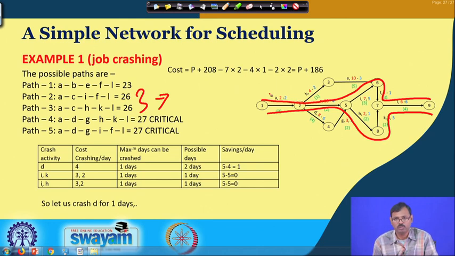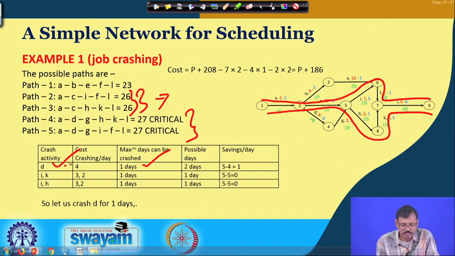Now, if you look into our options which are possible for further crushing of these jobs to get the optimized cost, you can see D can now be crushed for 1 day, and D is the common job between these two. So by crushing D alone, we can crush it for 1 day. After crushing 1 day, it will become the same as this, so the new consideration has to be taken care of. So, for this step we can crush a maximum of only 1 day.